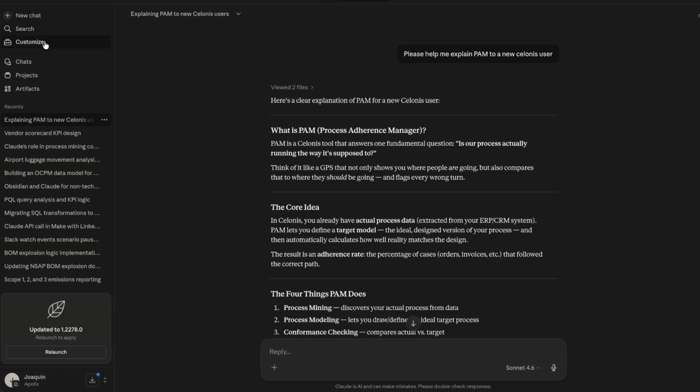So right now, this is a pretty new account. I only have 2-3 skills. Make sure that you have 10, 15, 20, because the more skills you have, the more niche knowledge you're able to provide Claude. And the last very useful little tip that you can leverage is that within this customized bar,